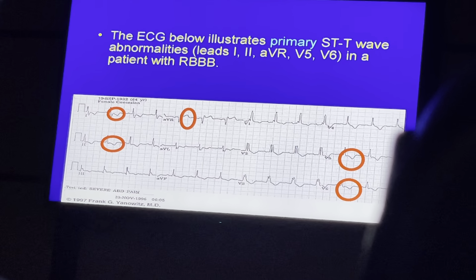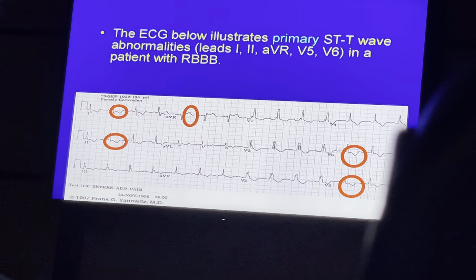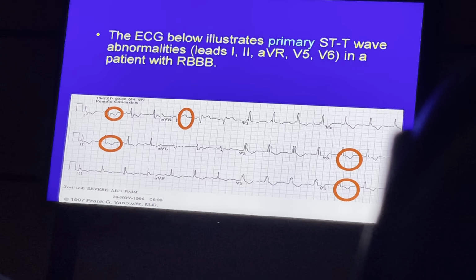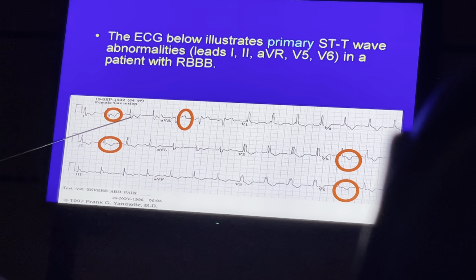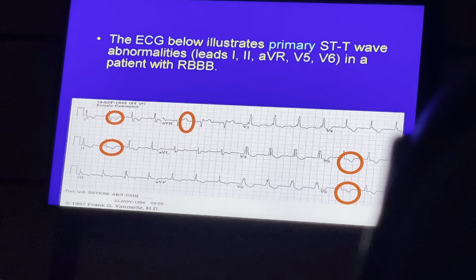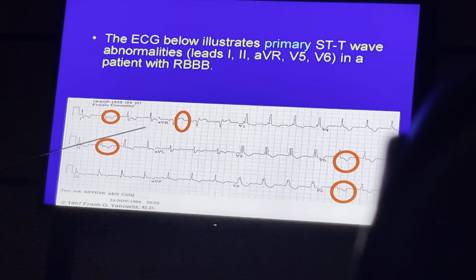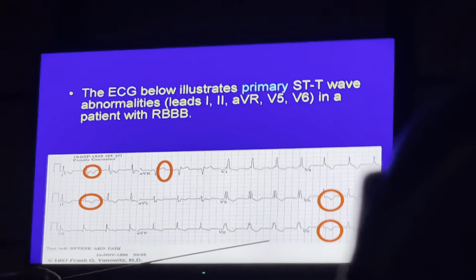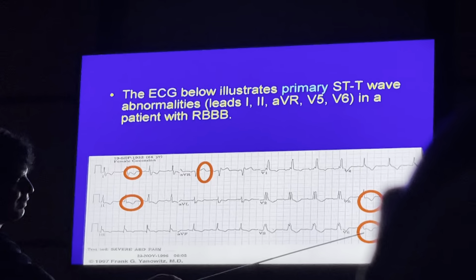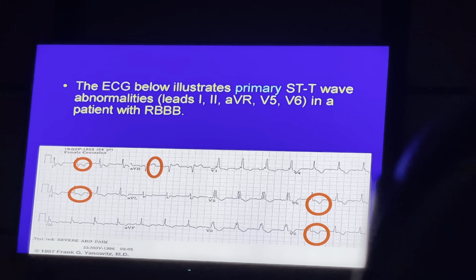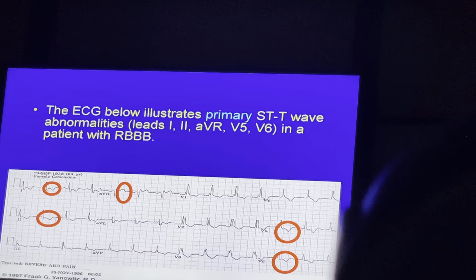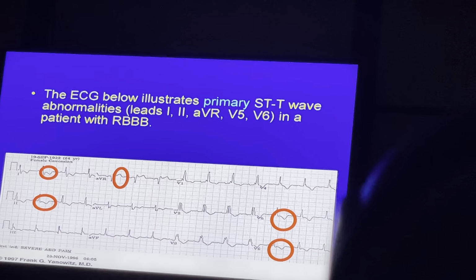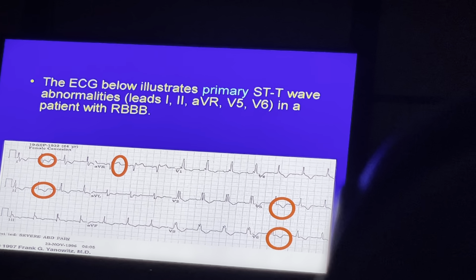This is again right bundle branch block. Fine. But there are some T wave changes which shouldn't be in isolated right bundle branch block. So what are those? Here you see this is the S wave. So where should the ST segment and T wave be? There must be upward. The same here. The last wave here is the S wave. So ST segment and T wave must be opposite to that, but they are not opposite to that. So we call it primary STT changes. These are due to the ischemia.